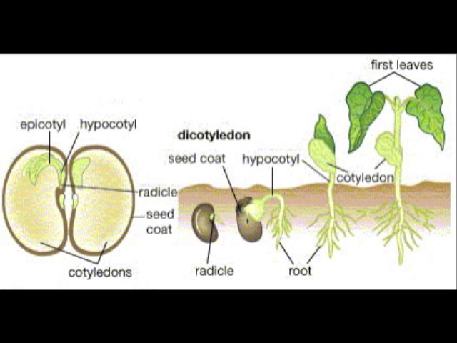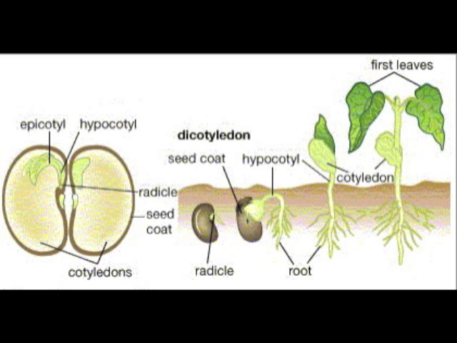The mature embryo consists of an embryonic root known as the radicle, an embryonic shoot known as the plumule, and two cotyledons in this photograph. The hypocotyl is the portion below the point of attachment and is connected to the radicle. The epicotyl is the portion of the embryonic stem above the point at which the stem is attached to the